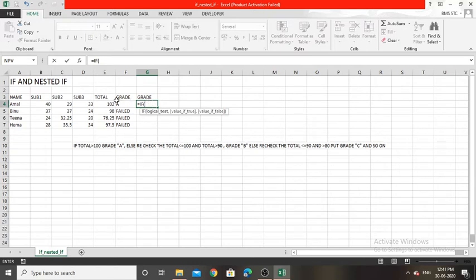I have to check whether this total column is greater than 100, then put A as grade. The third argument refers to the condition not met argument, right? So in that portion we have to add the else portion. So here put comma, then you have to put the else portion.